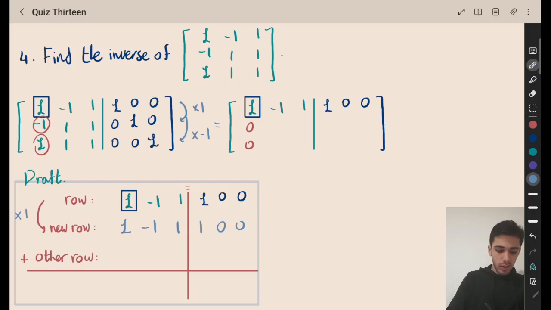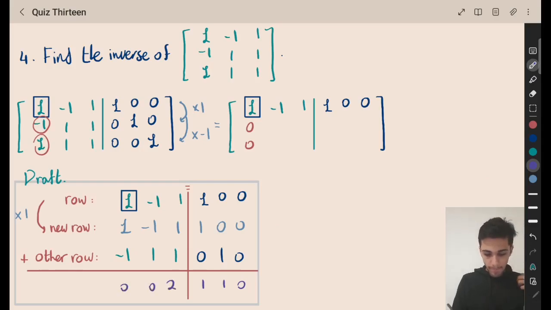I'm adding this to the second row, which says minus 1, 1, 1, 0, 1, 0. This would give me 0, 1, 1, 2, 0, 0,